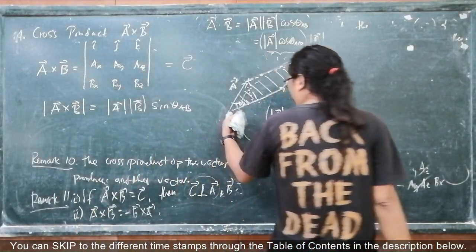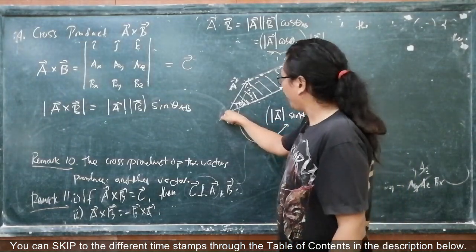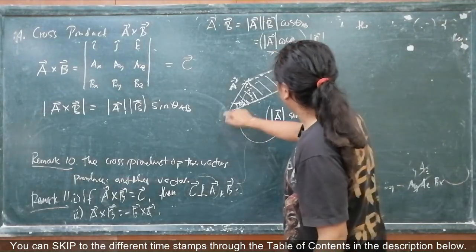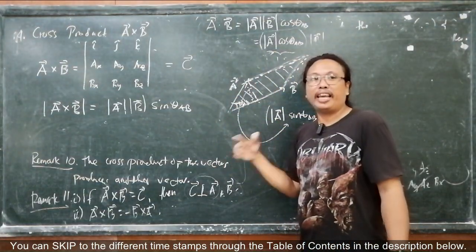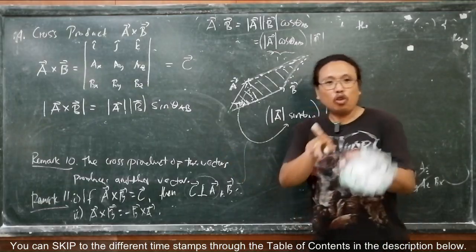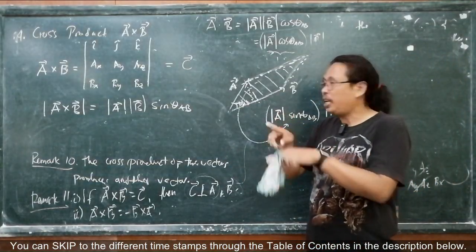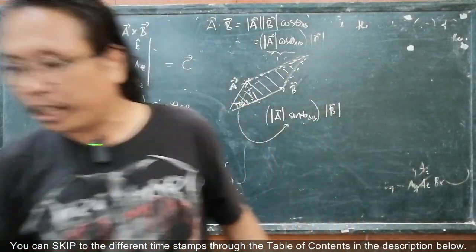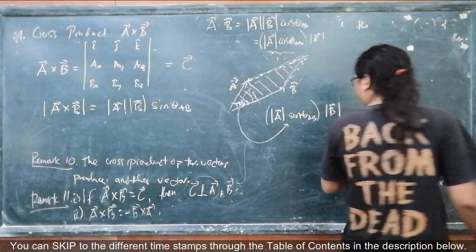So, this is a vector. A vector whose direction is into the board, and the magnitude of that vector is equal to the area of the parallelogram formed by A and B. Got it? The two vectors will eventually form a parallelogram, and the area of that parallelogram is given by the cross product of the two vectors that form it. Okay? So,